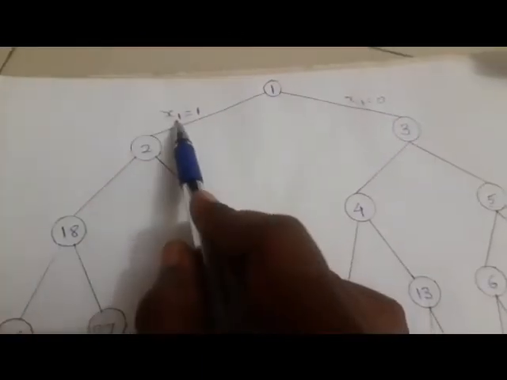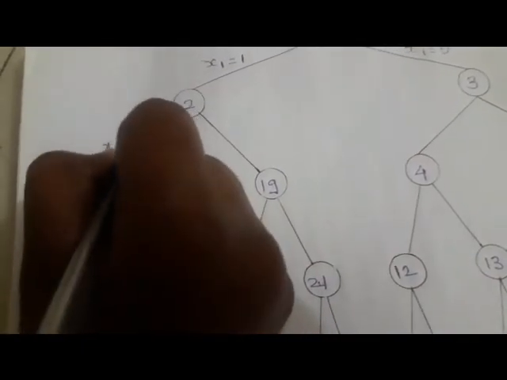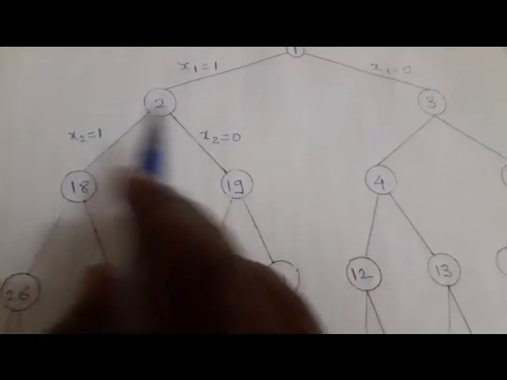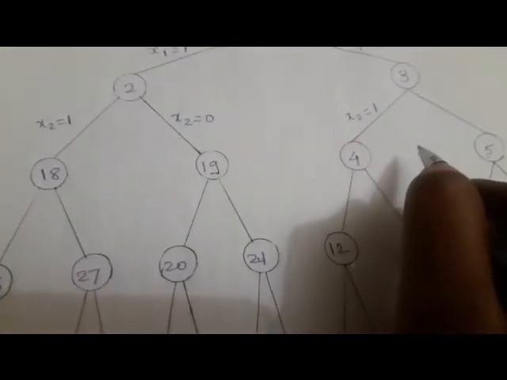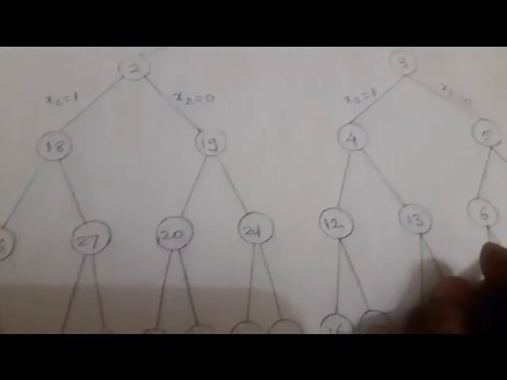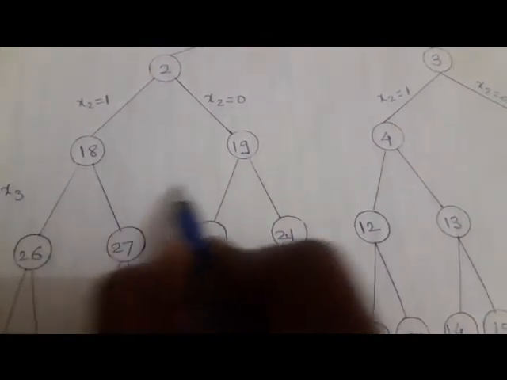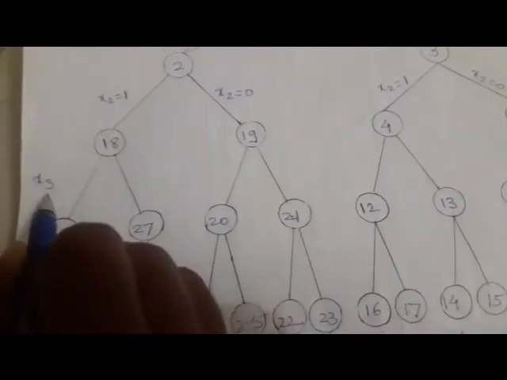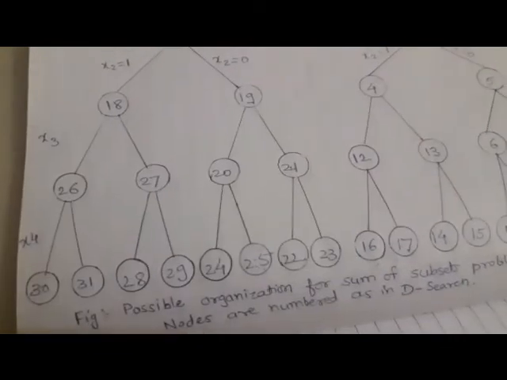Now here we can see the value for x1. Here we write the value for x2, that x2 is included here, that is weight 2, and x2 is equal to 0, it means weight 2 is not included. In the same fashion we can write here that x2 is equal to 1, it means weight 2 is included, and x2 is equal to 0, it means weight 2 is not included. Now this will be the values for x3. All these edges will include the values for x3, and the last edges will include the values for x4.